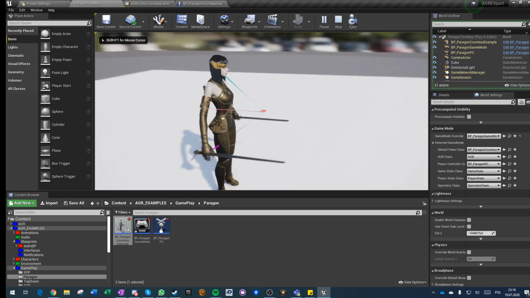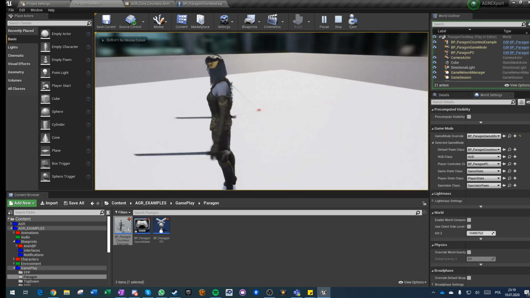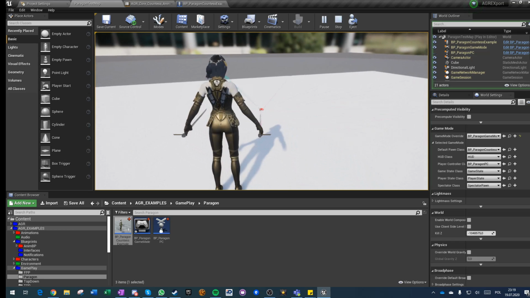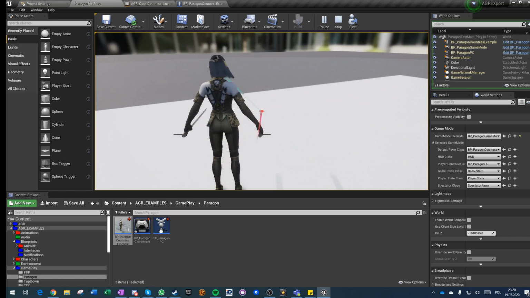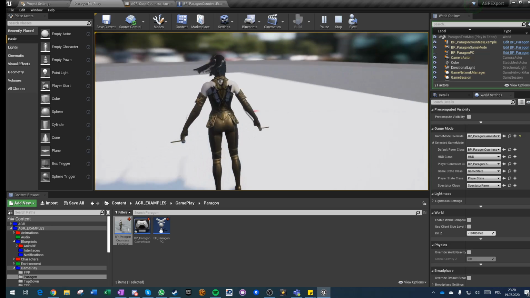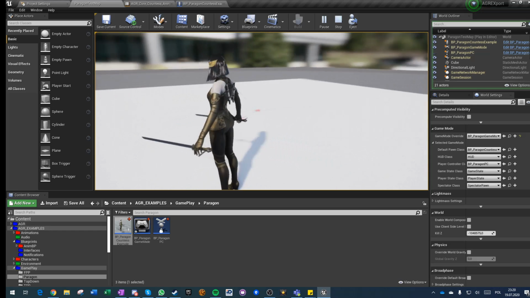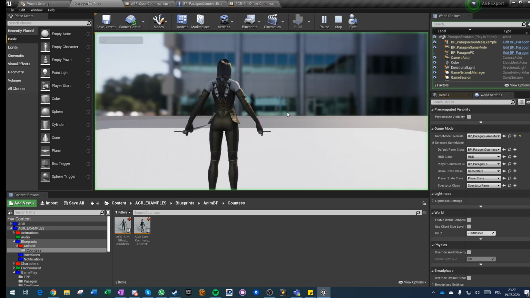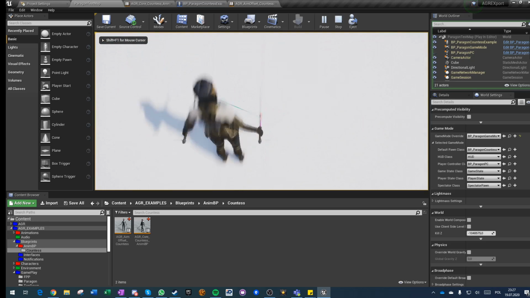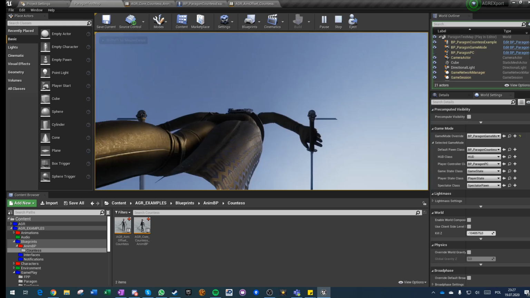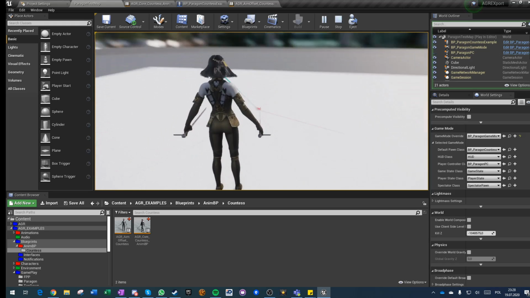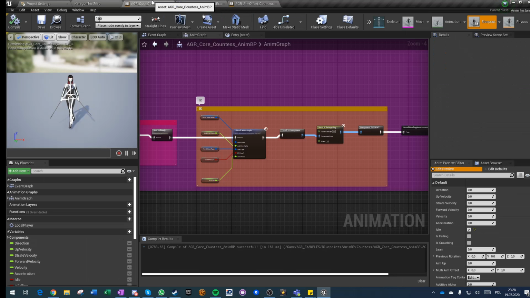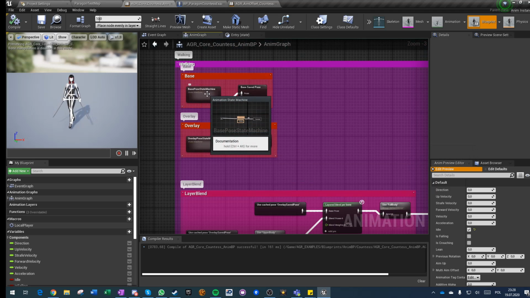We hit play, and now she is properly turning when hitting certain angles, and when running she is trying to keep up with our rotation, but her aim offset is not working for some reason. Let's take a look at why. And if we do this, she's still not looking up and down. Strange. Okay, we'll come back to this in a second, but let's go here and let's set up the first